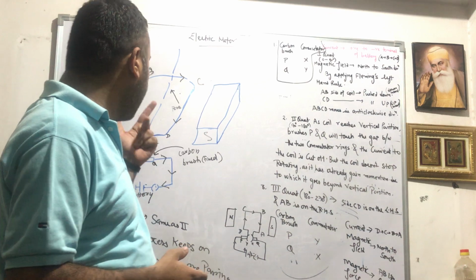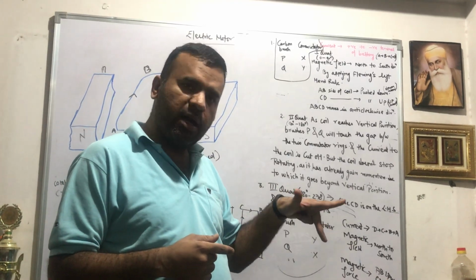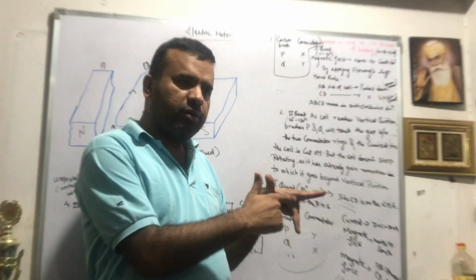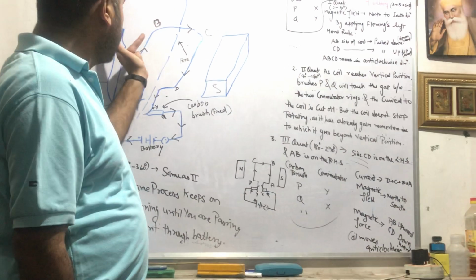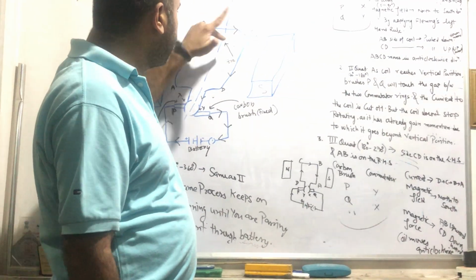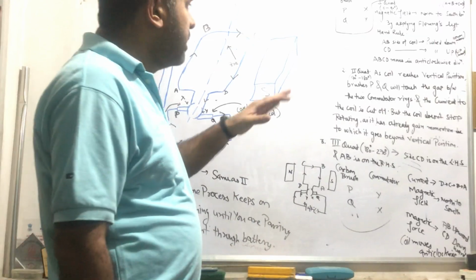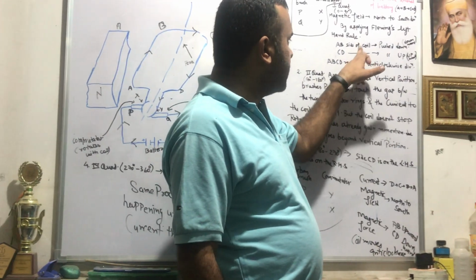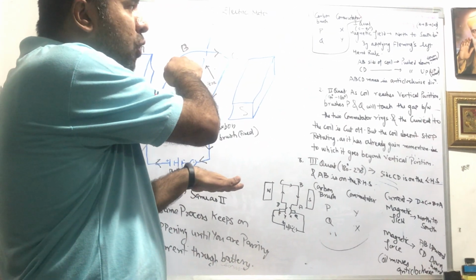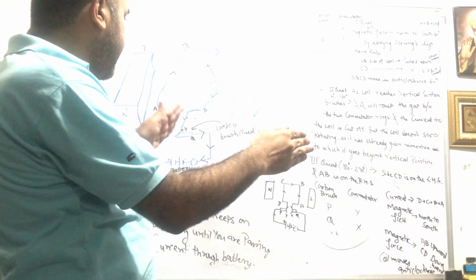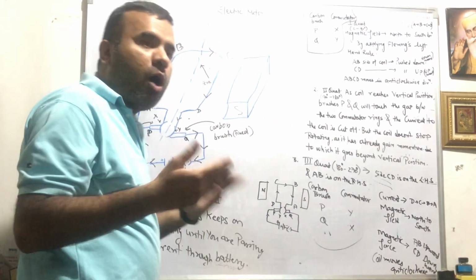If you apply Fleming's left hand rule in this, which says that if you hold your left hand such that all three are perpendicular to one another, the center finger gives you the direction of current, the magnetic field is from north to south, then this magnetic force, if you apply this rule, you will see that the AB side of the coil will move down, and the CD will go up. How will you know that?